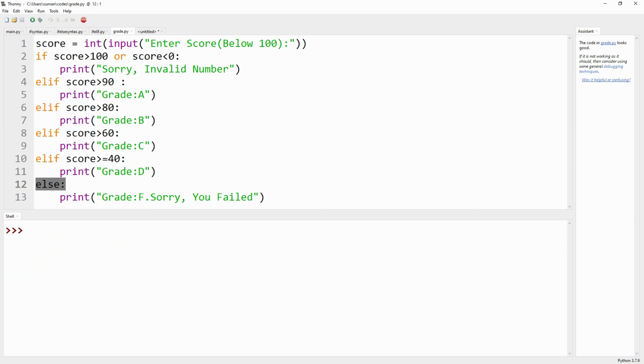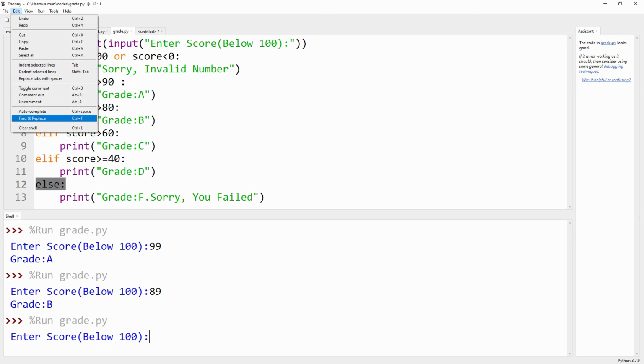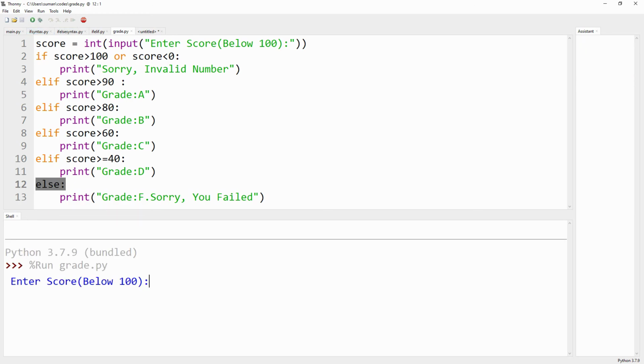Once again, clearing the cell, running the code. Now I give 99. So that is grade A. Now 89. Grade B. Clearing the cell again, suppose we give less than 40, say 39.